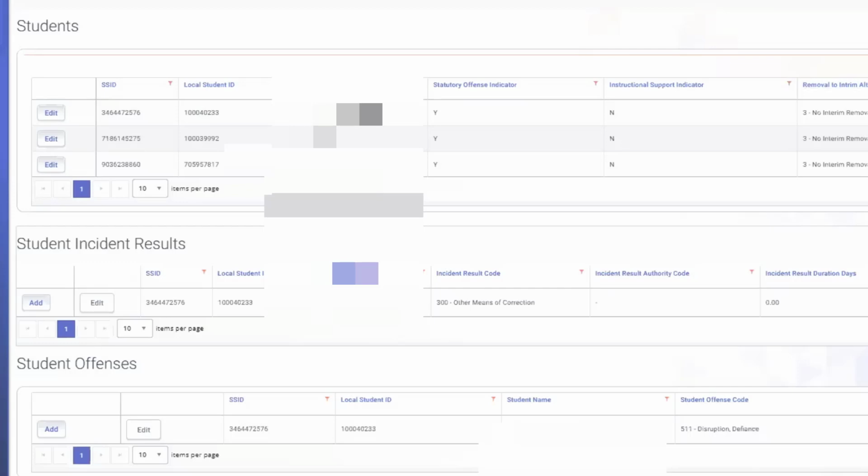You see here, I can add a new student to this incident. I cannot do it here. The online functionality is not here. I can edit existing records, right? Since this student has an offense, I can add a secondary offense. But since the incident results and the student offenses are at the student level, I don't have an add a new student button. And so you have to submit a new file. You have to submit a CERS to resolve the